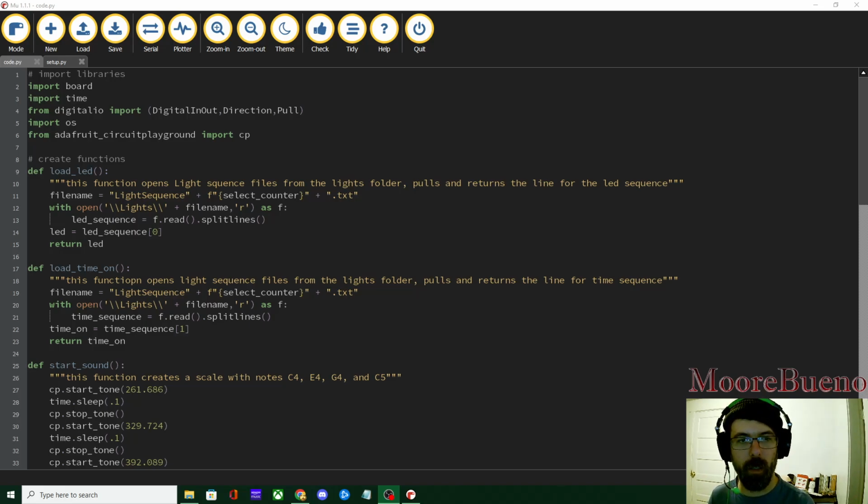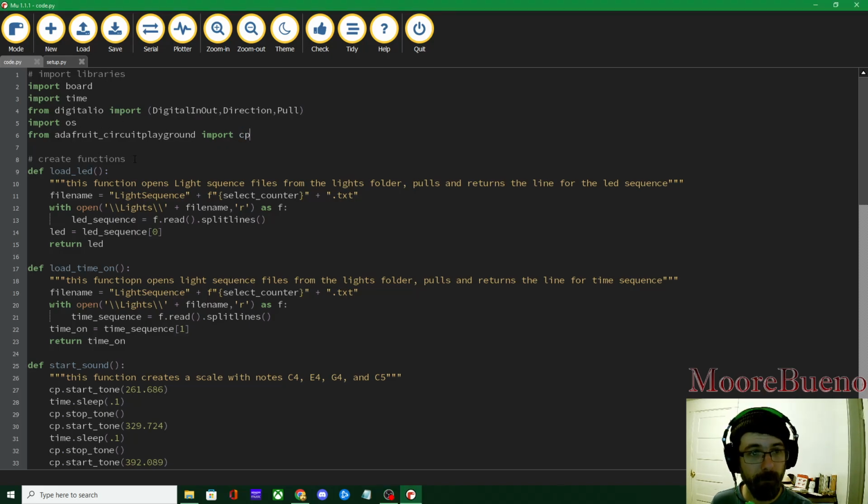It's a pretty lengthy code. I'm going to try to explain it as best as I can, as fast as I can. So I went ahead and imported some libraries: board, time, digital I/O, and then OS, Adafruit, Circuit Playground. I imported the CP, and then I created